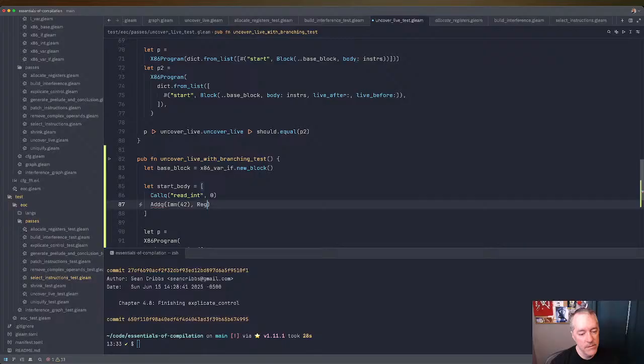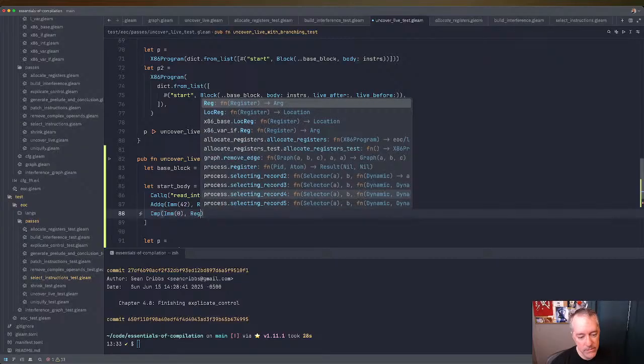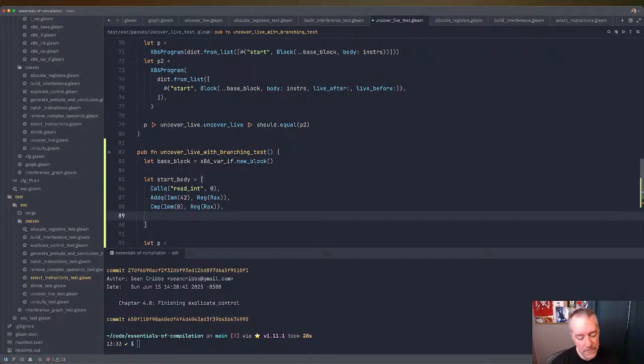And register rax. I need a comma there. That's what's wrong. Okay, so we're going to read, and then we're going to do comp. We're going to compare, I think we'll just do equality here. We're going to compare an immediate 0 with register rax. And then we're going to do jump if,